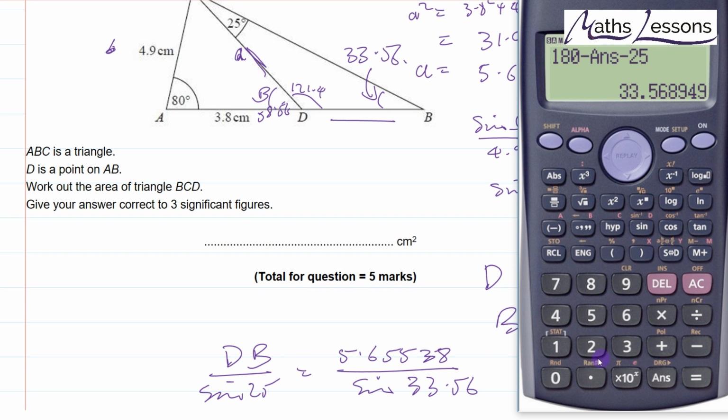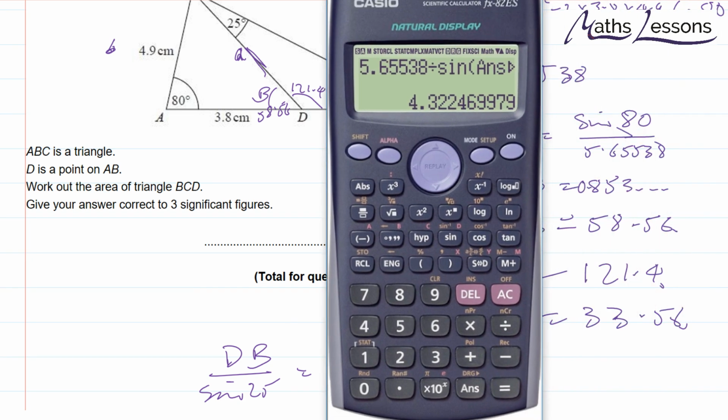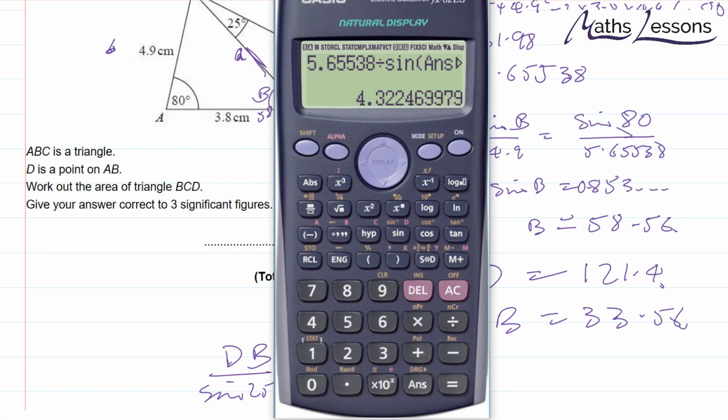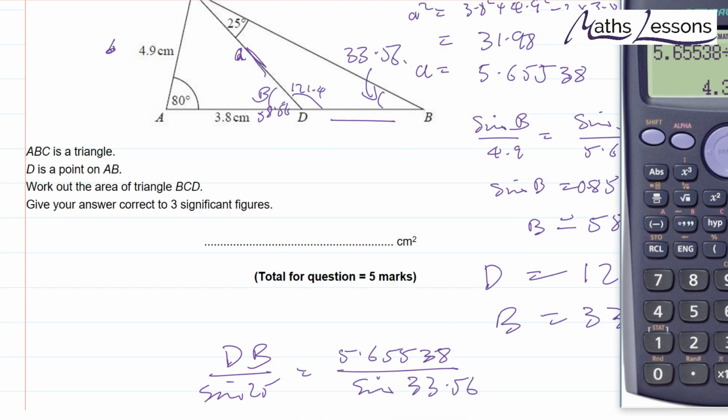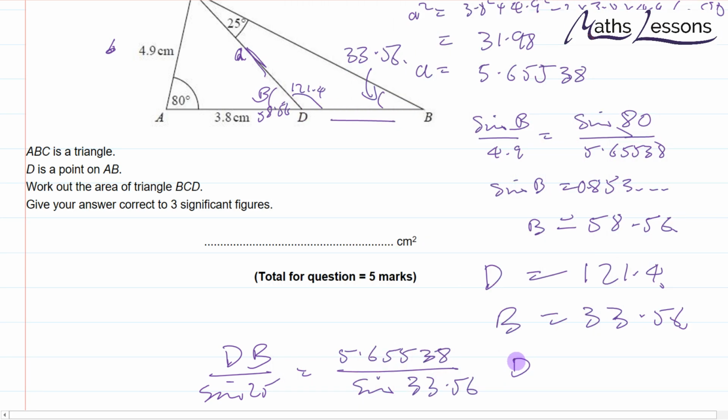So I'm going to do 5.65538 divided by sine of 33.56, and actually if I do answer it'll be more accurate because that was my previous answer, times by the sine of 25. Gives me 4.322. So DB equals